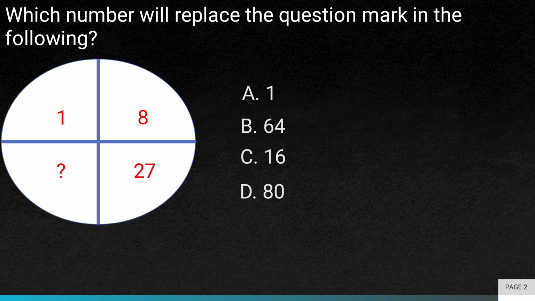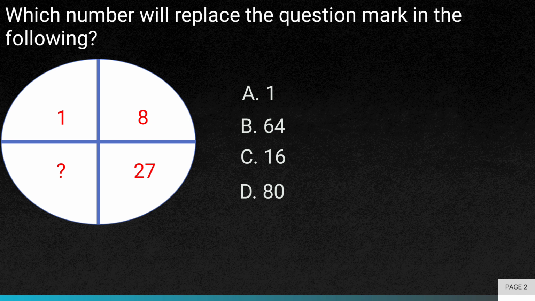8 is a cube, right? It is the cube of 2. 2 twos are 4, 4 twos are 8. And what is the cube of 1? That is obviously 1, 1 ones are 1. And what is the cube of 3? 3 threes are 9, 3 nines are 27. Then you can see there is a relation, 1 and then 2 and then 3, right? It's the cube of 1, 8 is the cube of 2, and 27 is the cube of 3.